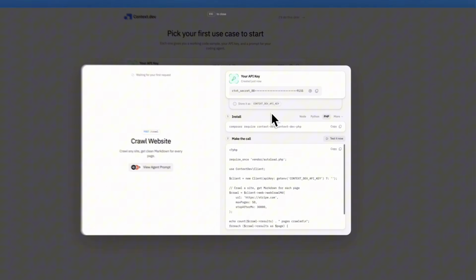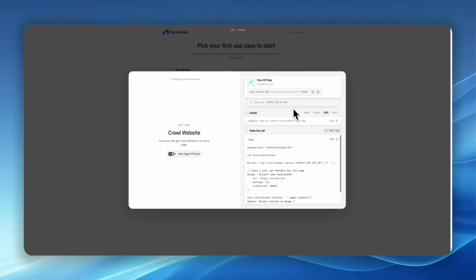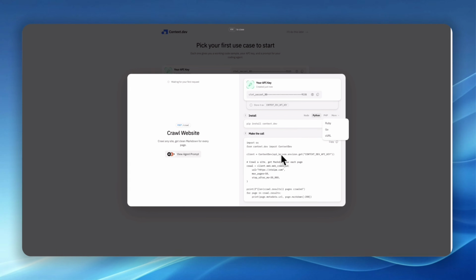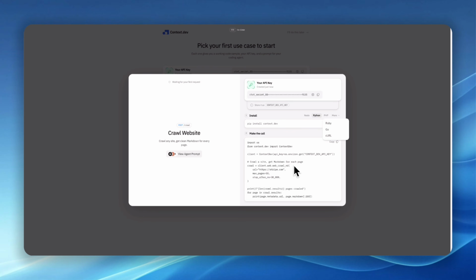And what this does, it gives you two options. You have the option to put this into your code and run it through PHP, Node, Python, and there's more options over here, Ruby, Go, CURL. And you can make the call at the bottom over here. But if you're working with an agent like we are in Claude Code, you would click on this agent prompt